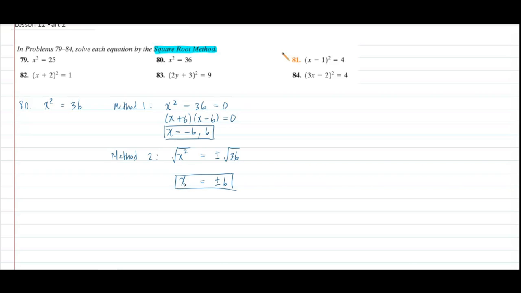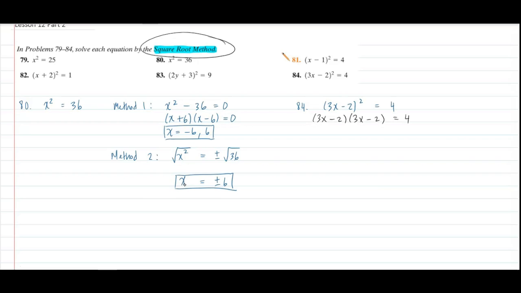All right, let's try number 84. Number 84 says that you've got 3x minus 2 whole squared, and it's equal to 4. Now initially you might look at this and be like, wait, what are we supposed to do with that? And here is the incorrect method that a lot of students have taken in the past. And the reason why I call it incorrect is because right now we're trying to learn the square root method. And for them to go through this passage is therefore incorrect because it's not really depicting their ability to use